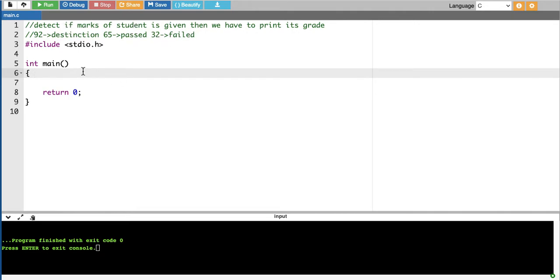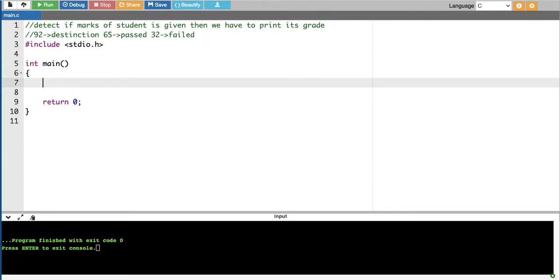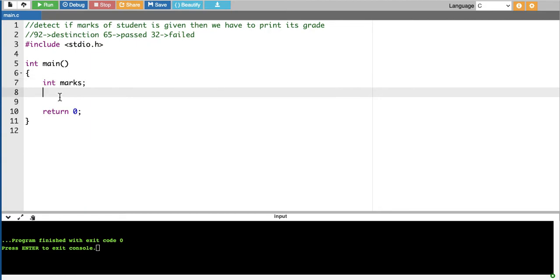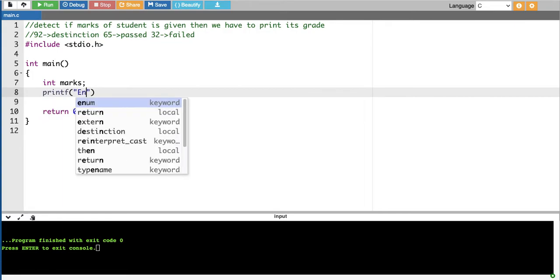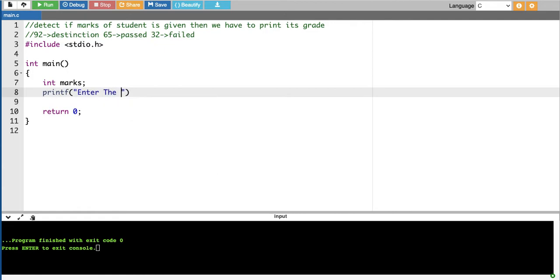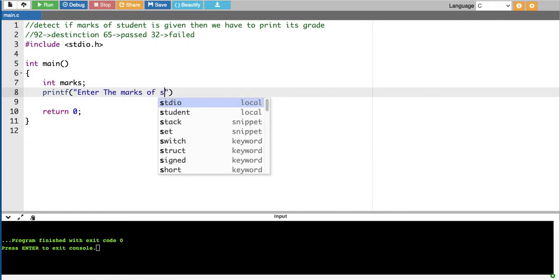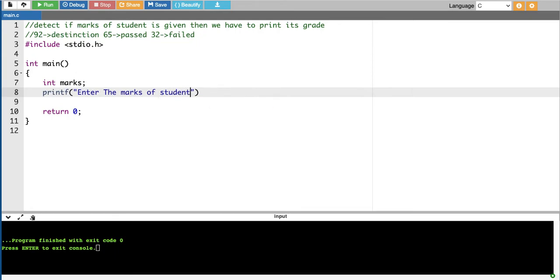Now let's start. I am taking an input from the user, the marks of the student. To do that, I am writing here integer marks. I am asking the user to enter the marks of the student, so I am writing enter the marks of student, colon.